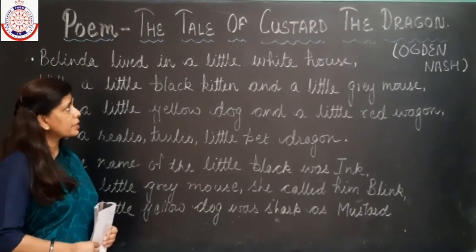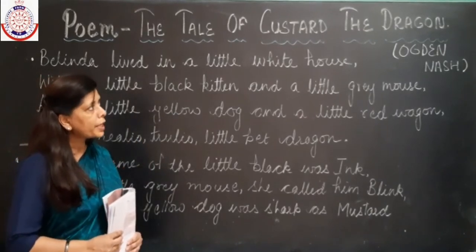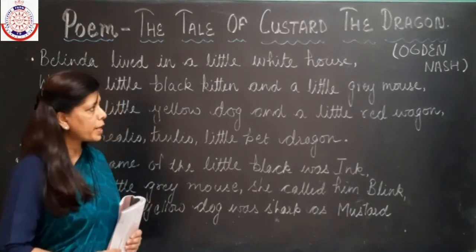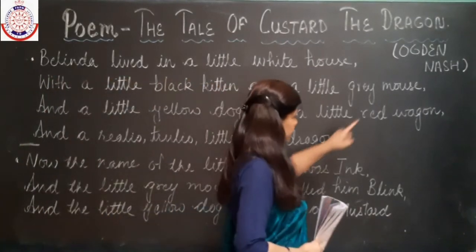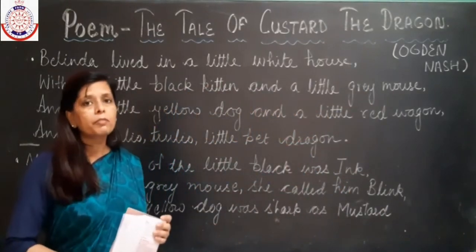Tale is a story, and Custard is the name given by his owner to the dragon. This poem is written by Ogden Nash, and it is written in the form of a ballad,